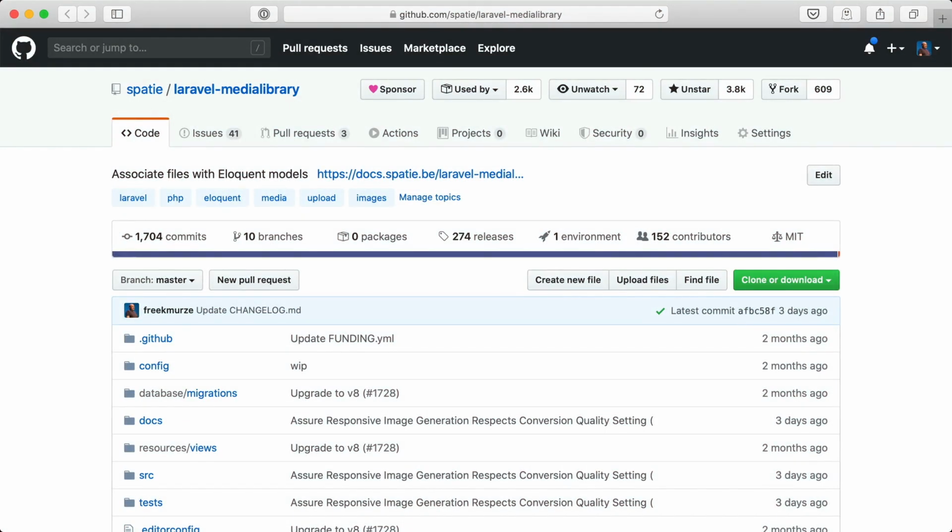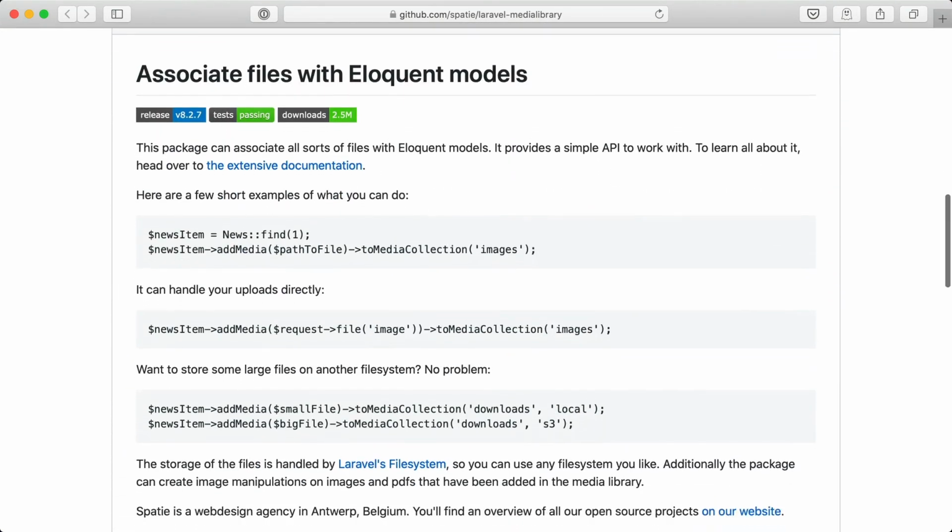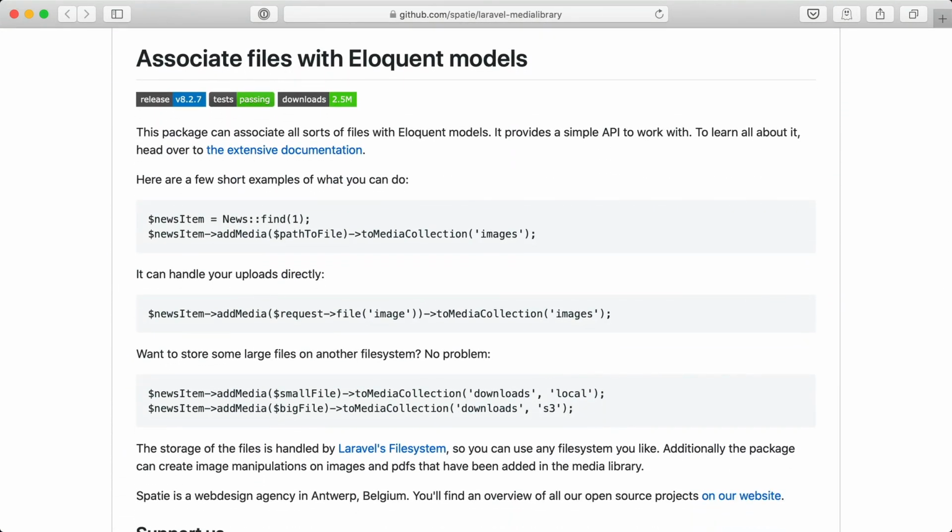In this video, I'd like to show you some high-level things in the code of a package called Laravel Media Library. Laravel Media Library is a big package with a lot of features, but what it basically does is that it can associate files with Eloquent models. So imagine if you have a news item model and you have a file, then you can associate that file